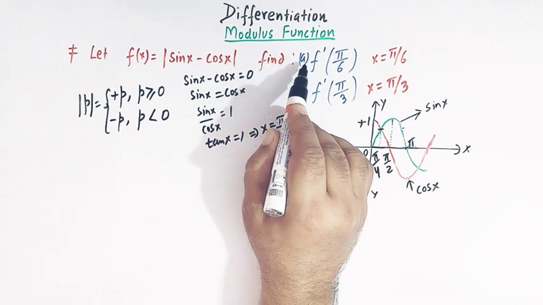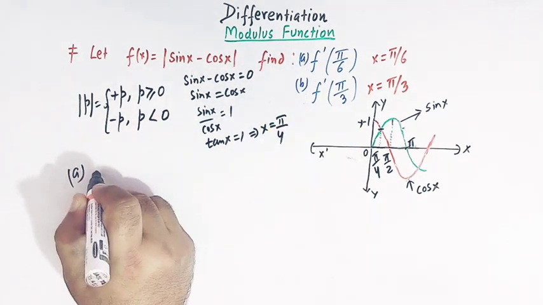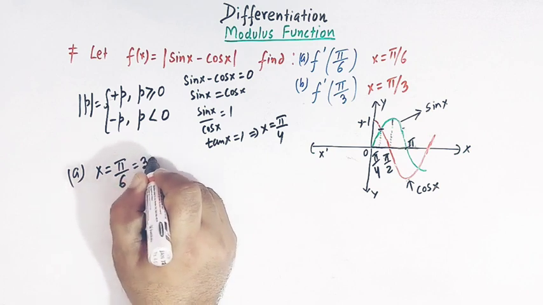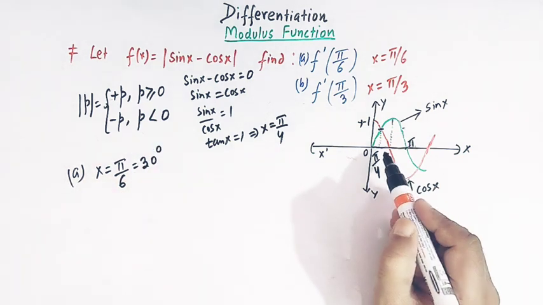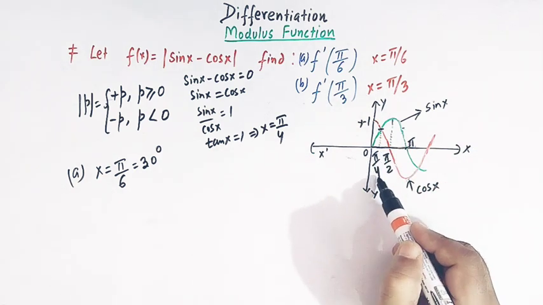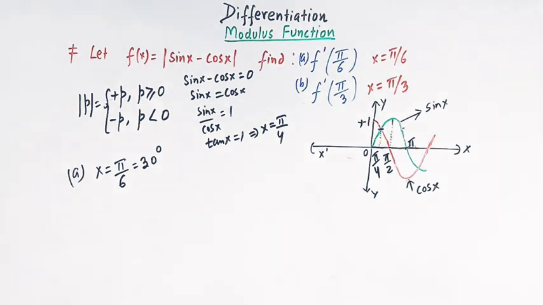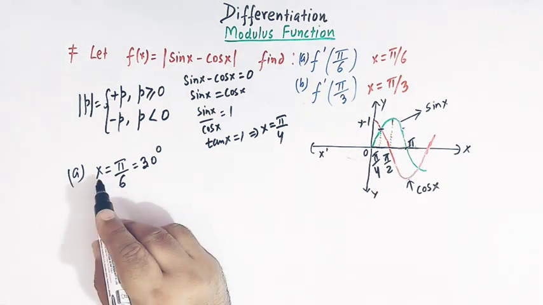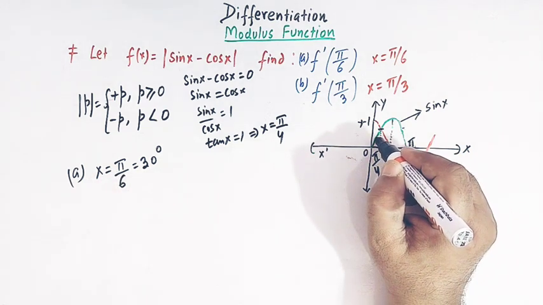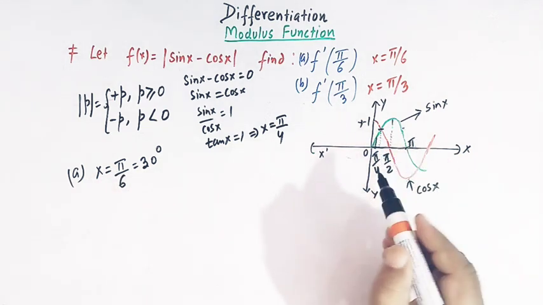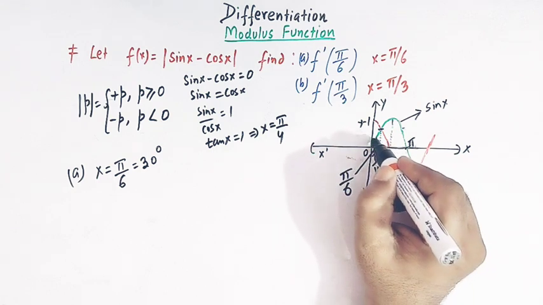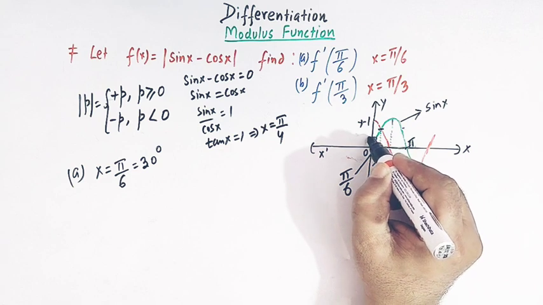So now let us take the first part. So here we have x is equal to pi by 6, and pi by 6 is 30 degrees, right? And 30 degrees, it lies towards the left of pi by 4. Pi by 4 is 45 degrees, right? So when we take x is equal to pi by 6, then we can see that suppose this is pi by 6, right? So this point is pi by 6,